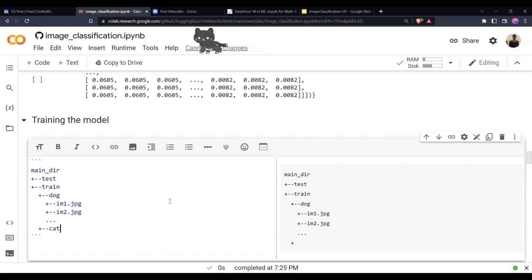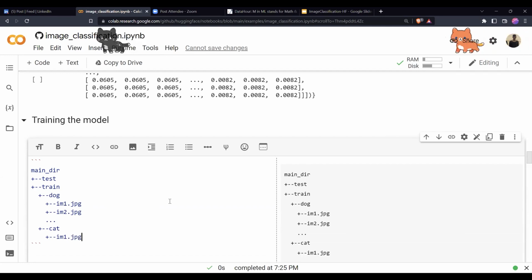Then you put cat, and the same way you put im1.jpg that belongs to this. You get the idea, right? So inside train there will be different classes, and for every class you will have different images. That is how the dataset library knows by structure. There is a definite structure that you need to follow, and once you follow the structure, the dataset library will know it.